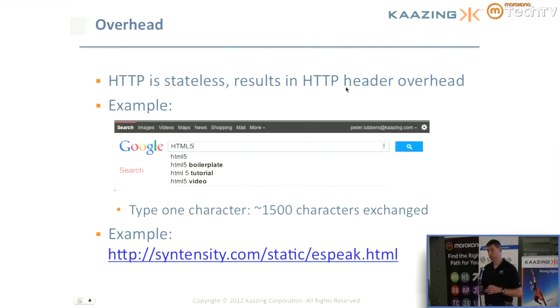But now, with AJAX calls left and right and very dynamic websites and constant updates, you have to constantly get new data into your page or either refresh the page or get a partial refresh. Now just take a look at this very simple example. It's an AJAX call that's going out to the server with the letters that you've typed. So if I very quickly type in HTML5, it takes that, sends it to the Google search server, comes back, and just that